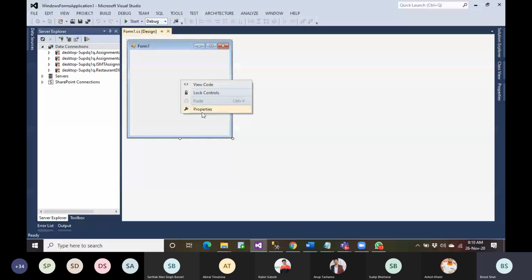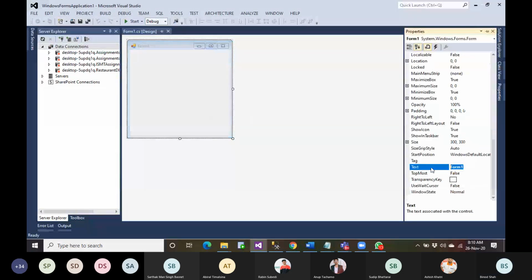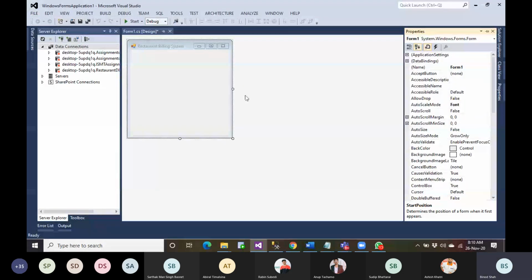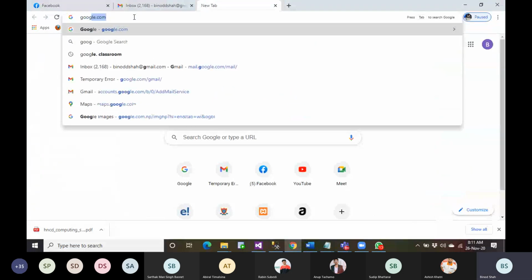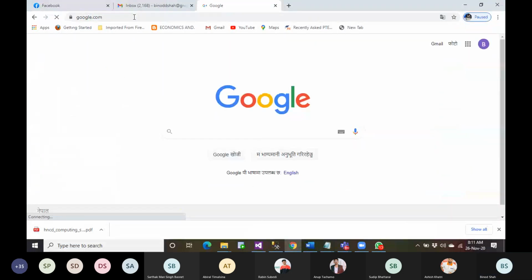So let me first of all design. Okay, this is just to rent. Start position is center screen. Right. I want to change this icon actually. So let me just Google some icon. So any icon, let's say